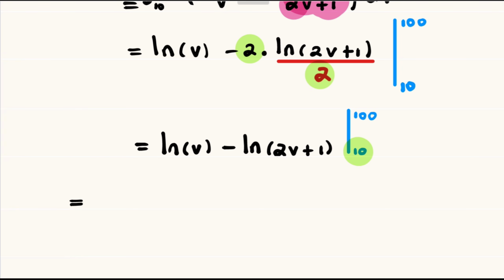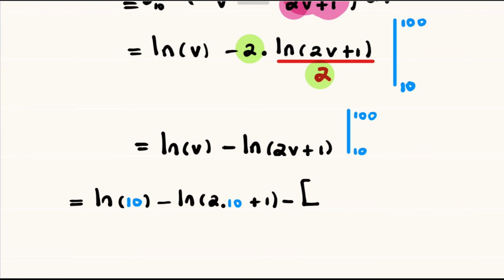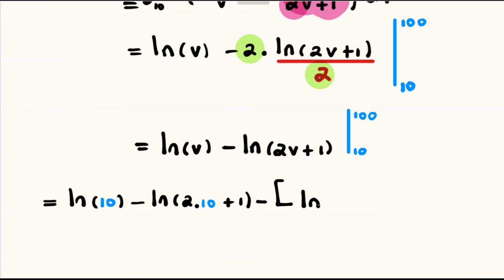So we start by substituting that smaller number. So we have the ln of 10 minus the ln of 2 multiplied by 10 in the place of the v plus that one minus, now we substitute the 100 where there is the v. So we have the ln of 100 minus the ln of 2 multiplied by 100 plus 1,